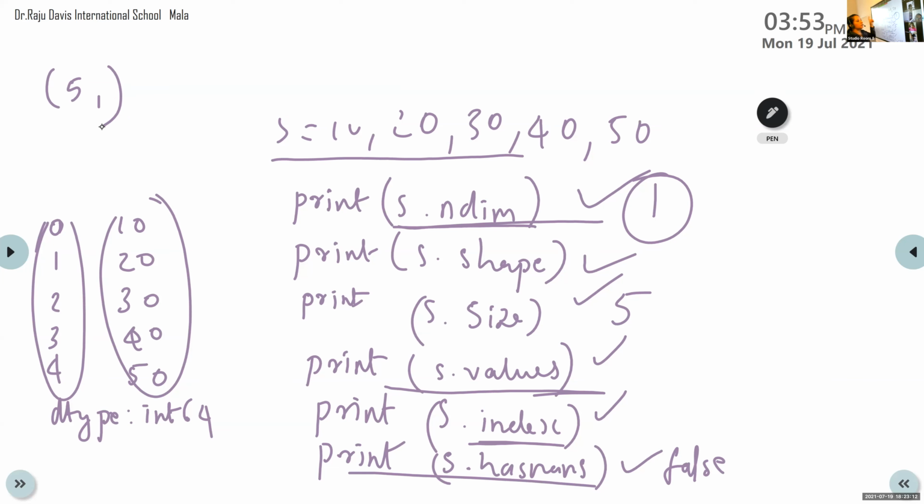For representing a single value tuple, first write the integer value and write 1 comma also. If there is no comma, it is not a tuple.